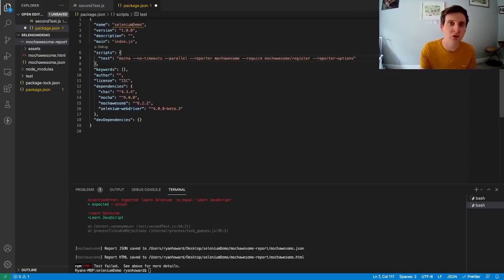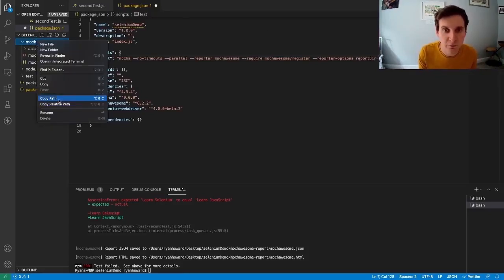We're going to add one to change the directory that our reports go into, and then one to change the name of the files. So to change the directory, we can use reportDir for report directory, and then we can specify the path to that directory. So say equals, and then if we just take the path from here,